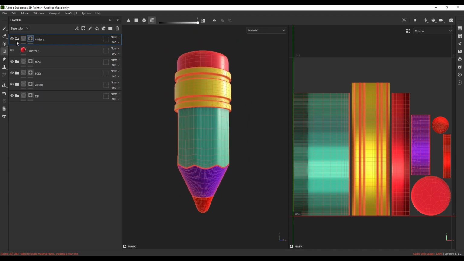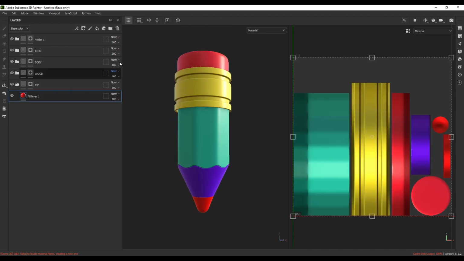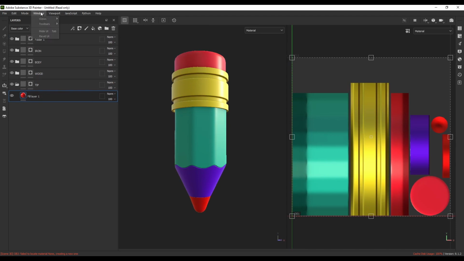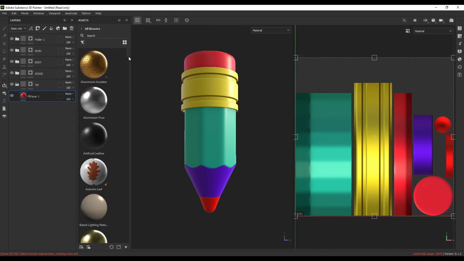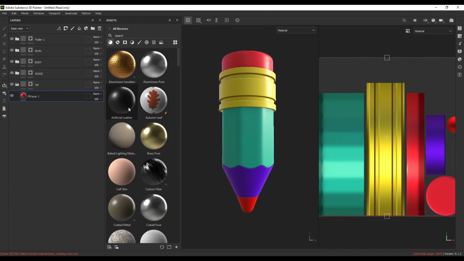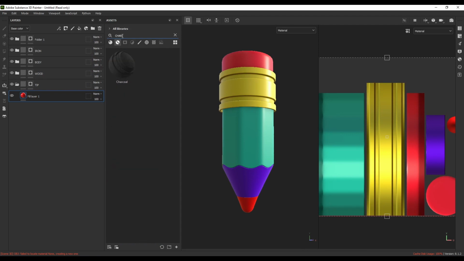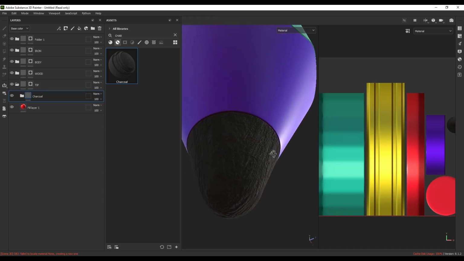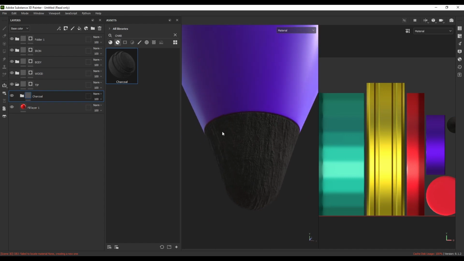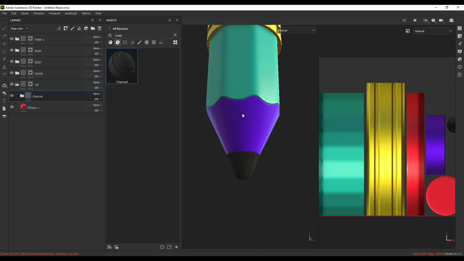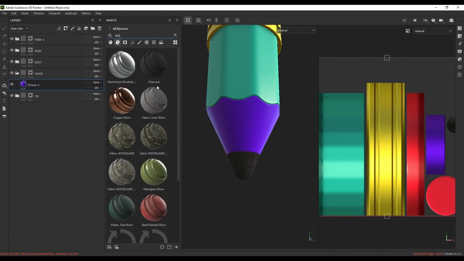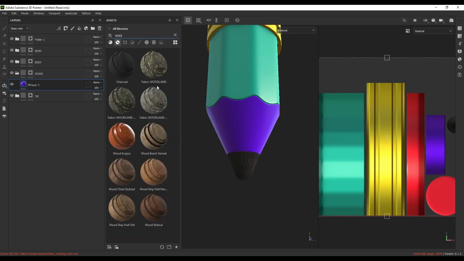Okay, go back to the tip, go to Window, View, and Assets, to bring up our assets. Select the smart material and search for charcoal, click and drag and put it right here. Okay, we added charcoal here. I think it's already perfect, we don't need to modify that. Let's continue with the wood part. Here search for wood chest,